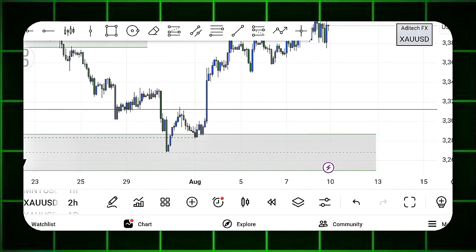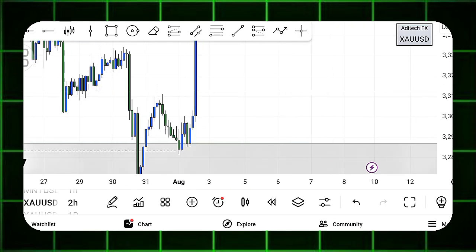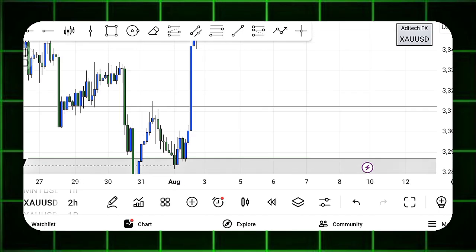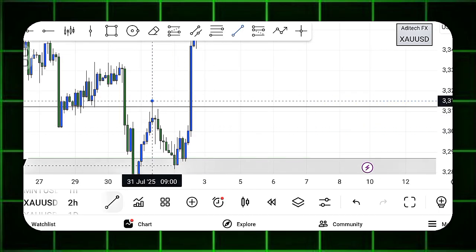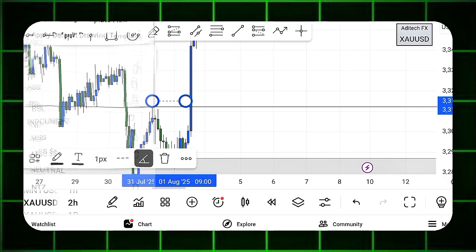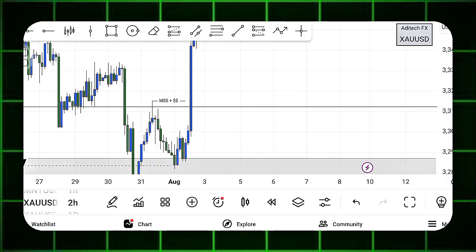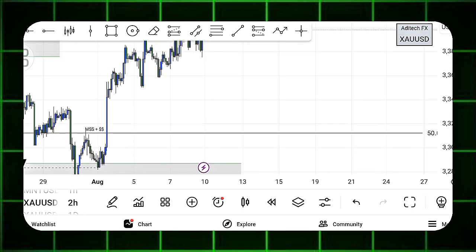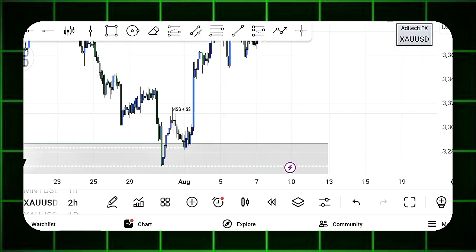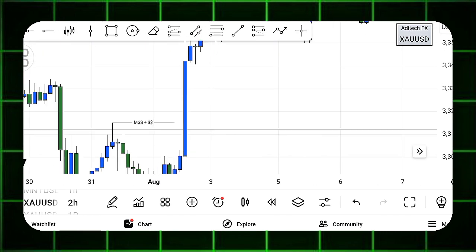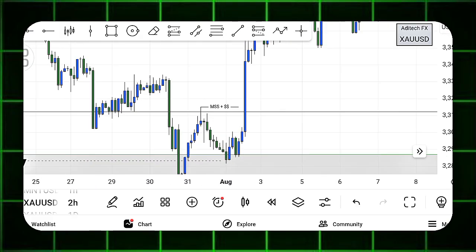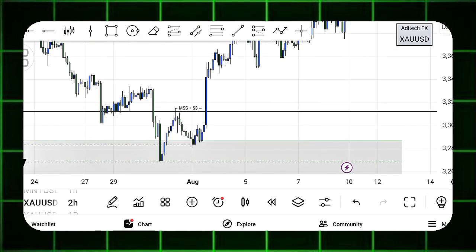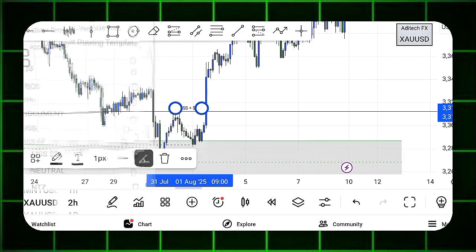Now as you guys can see, right from the 2 hours time frame, price rejected first at this zone, right? And price now shifted structure. Price shifted structure right here. There's a market structure shift right here. So what are you basically expecting? Price is supposed to come back immediately, but this was due to the news, NFP news that was released right last week on Friday, right? So that was due to the news that was released